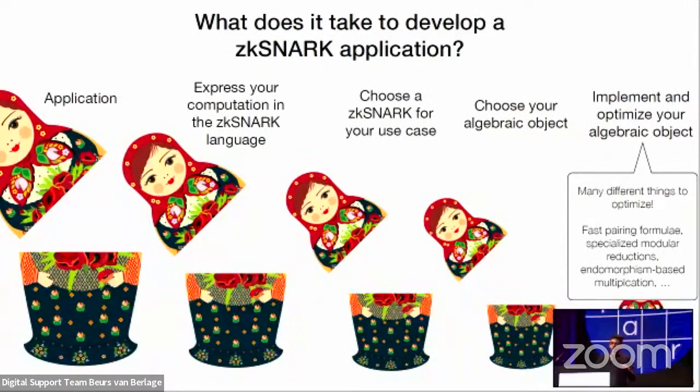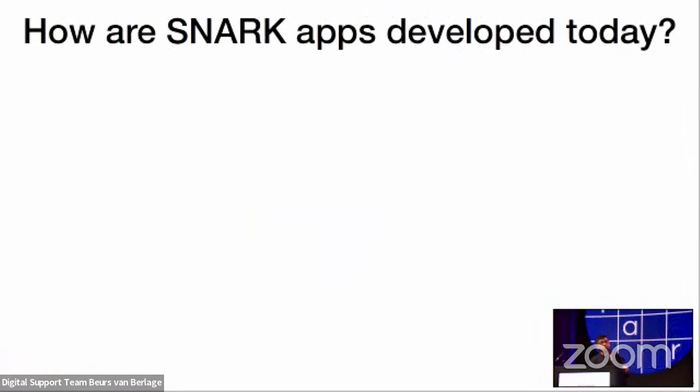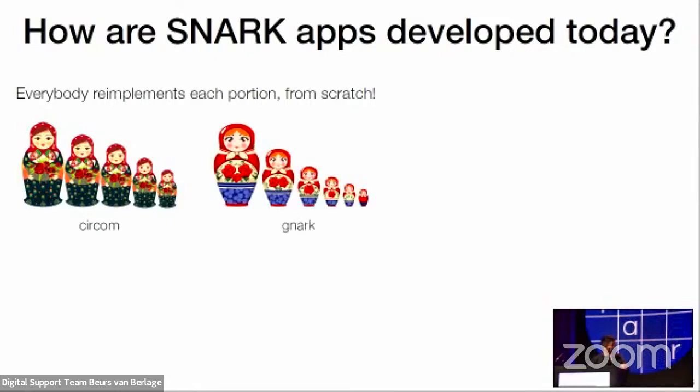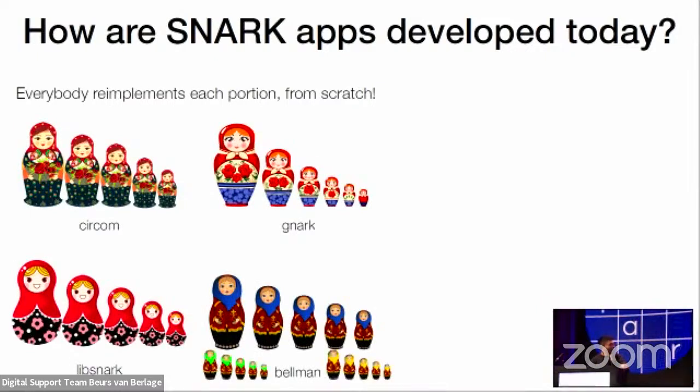So all of this seems like a lot of work, and something that you don't want to do over and over again. You want to just have some common libraries that everybody uses, and then you can just pick and choose what you want from that set. Well, unfortunately for us, people don't actually do that today. What they instead do is develop many different libraries in various languages with different kinds of proof systems and different kinds of constraint programming frameworks. And it's just like a big mess of incompatible stuff.